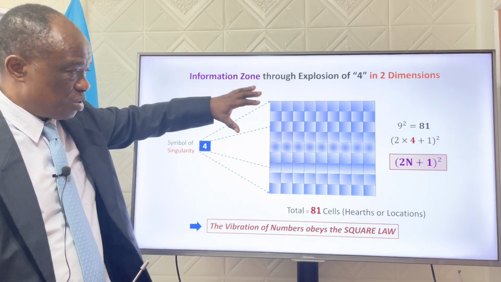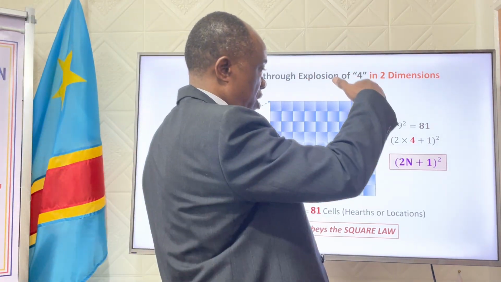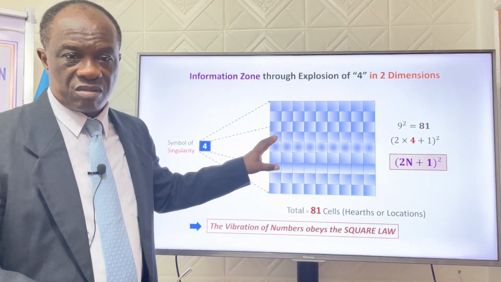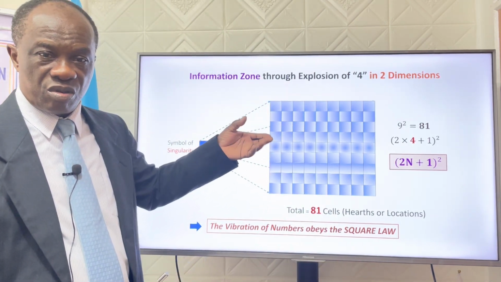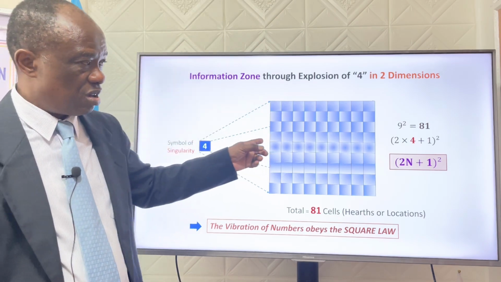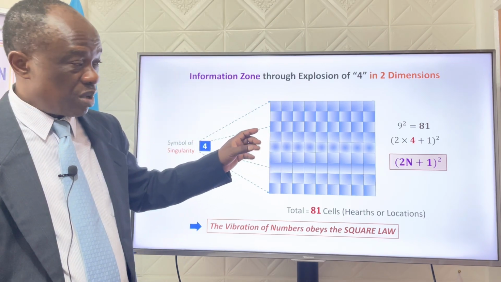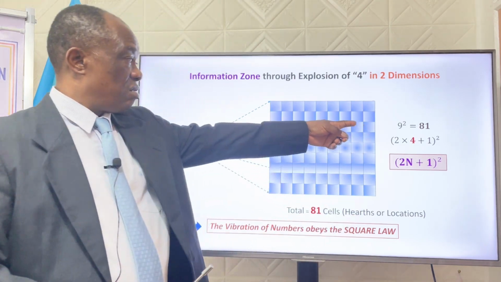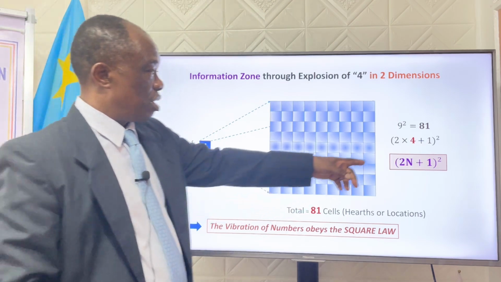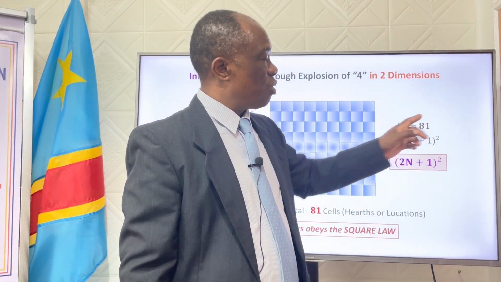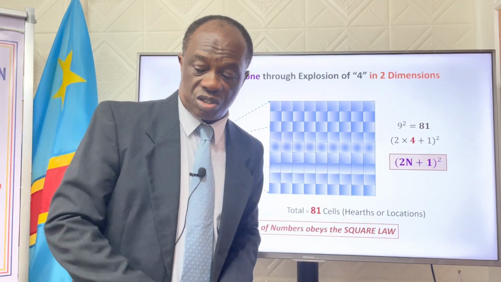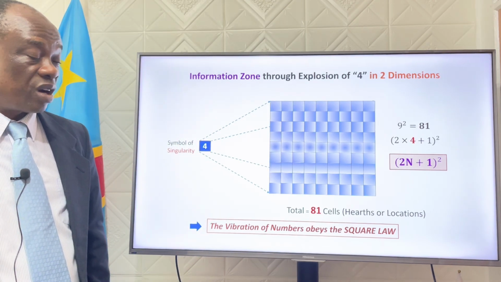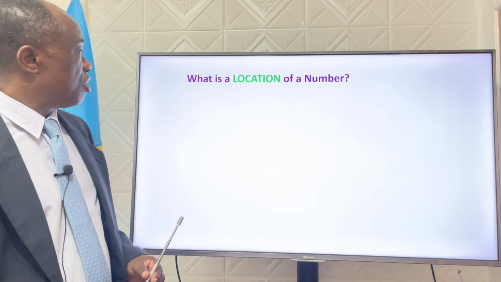Odd numbers, odd values. So you will see 9 square, 11 square. You will never have something like 10 square in an explosion. The even numbers are not included. But that's bigger, because as you see, we went from 25 to now 81 locations. So that's very important for us to say. Now, the last point here,